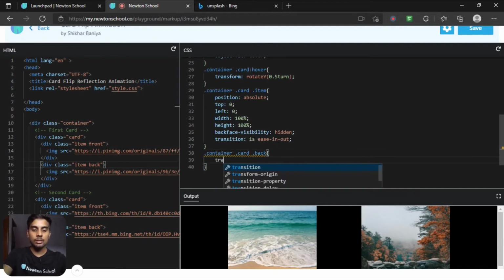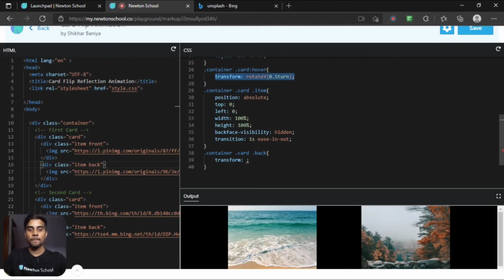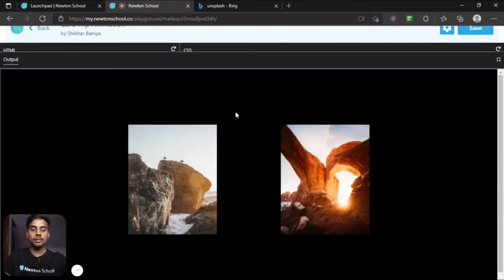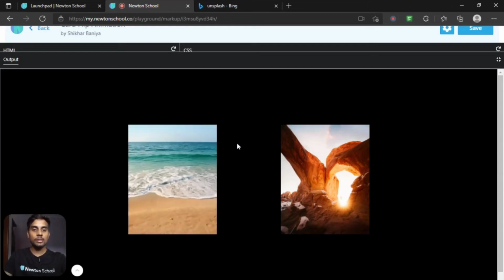So inside this I just want to transform it like we did for hover. Let me copy this and paste it here. As you can see, we got our first front image back, and when I'm hovering over it, you see the back image appearing.